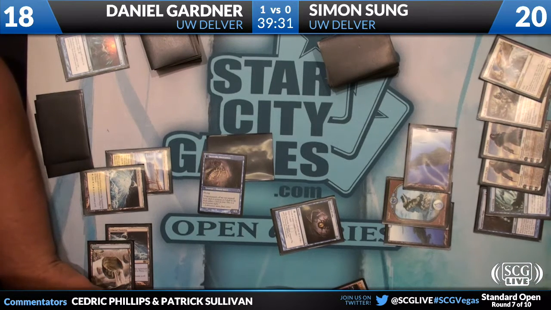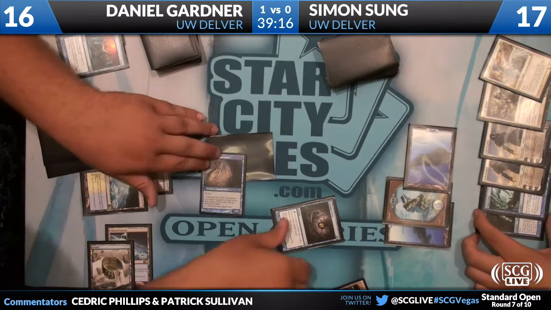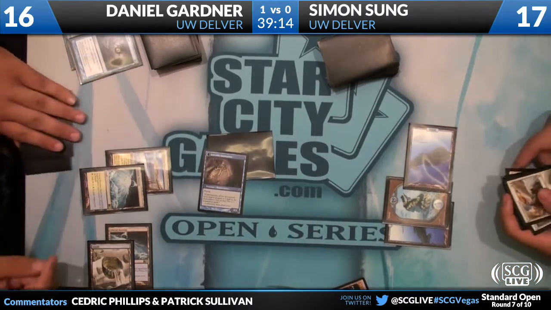Yeah, the jig is up. Yeah, a bunch of white cards. A bunch of white cards and no cantrips. It seems like Sung might have kept a sketchy hand. I mean, unless his draws were like Gideon, unless maybe he's drawn 2 Gideons in the first 3 turns or something like that here, but...